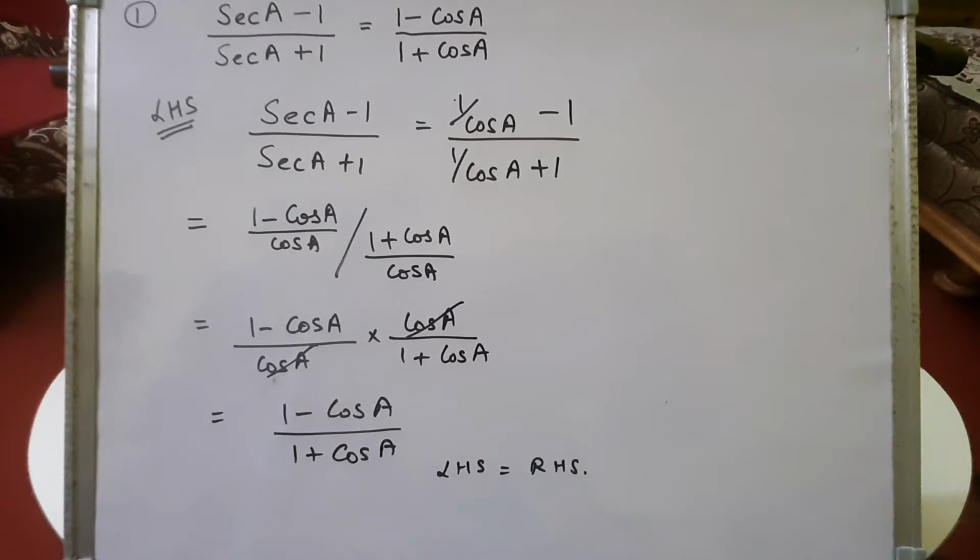So we can see that whenever a fraction is in the denominator, it will get reciprocated. That means when we solve, what will we get? 1 minus cos A upon cos A into cos A upon 1 plus cos A. Now you can see, children, this cos A will get cancelled. So after cancelling cos A, the result that we get will be 1 minus cos A upon 1 plus cos A, which equals the right hand side, right? So we can say that the left hand side and right hand side are equal, hence proved. The identity is proved now. Right, children? Note down, please.